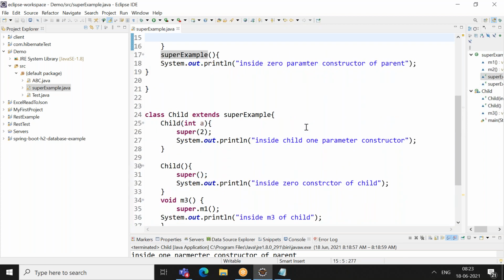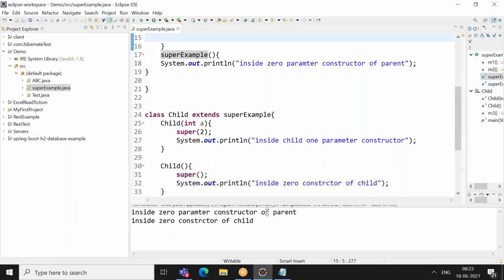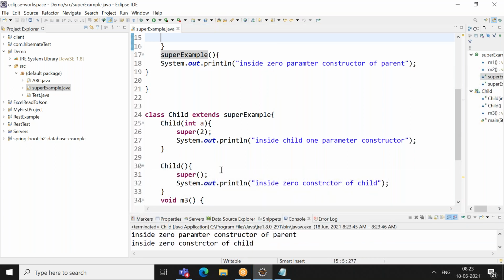Inside zero parameter parent and then inside zero constructor of child. Parent, then child.